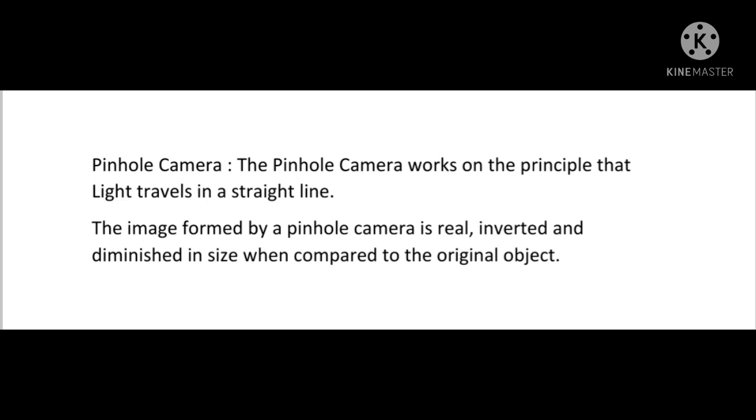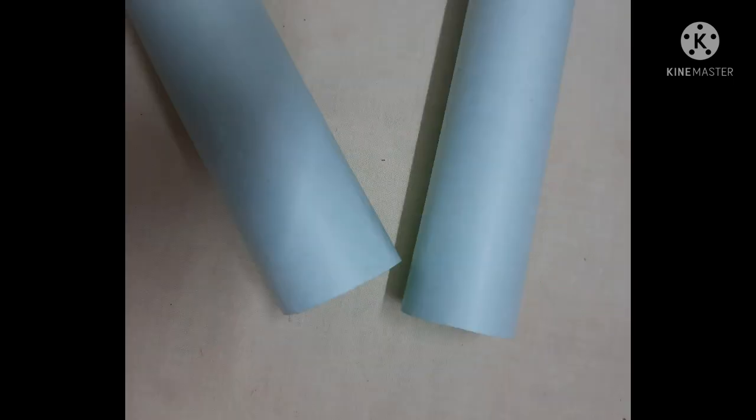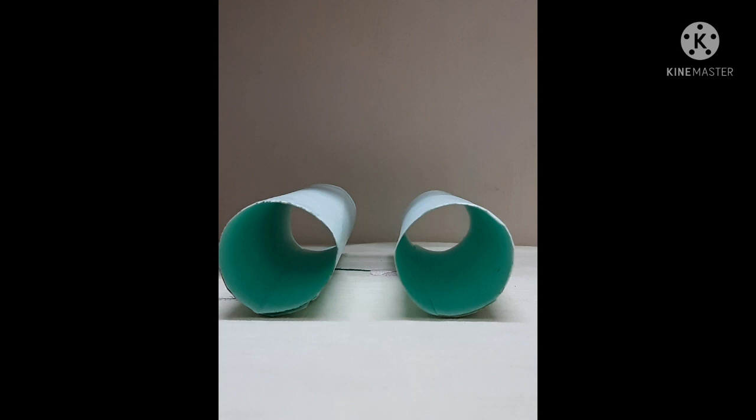Let us learn to make a pinhole camera through one activity. For this, you may take two boxes of cardboard such that one can slide into another with no gap in between. I could not get rectangular boxes, so I have taken cylindrical tubes. You have to take two cylindrical tubes. If you don't get two cylindrical tubes, you can make them by using chart paper. One side of each cylindrical tube is to be kept open.